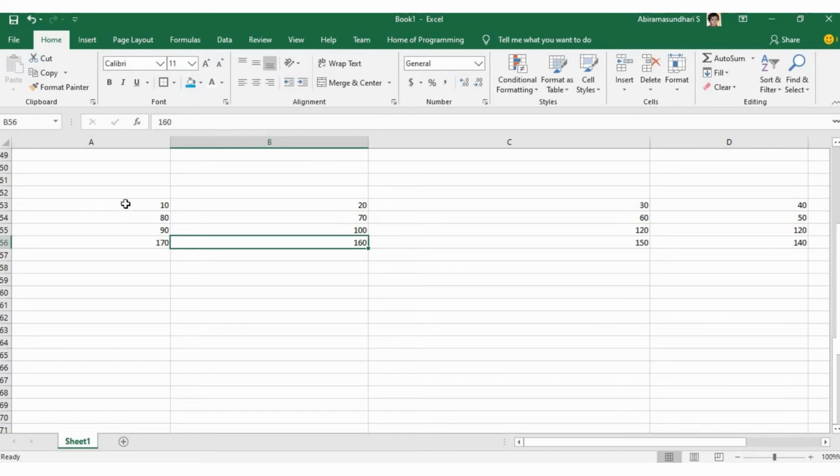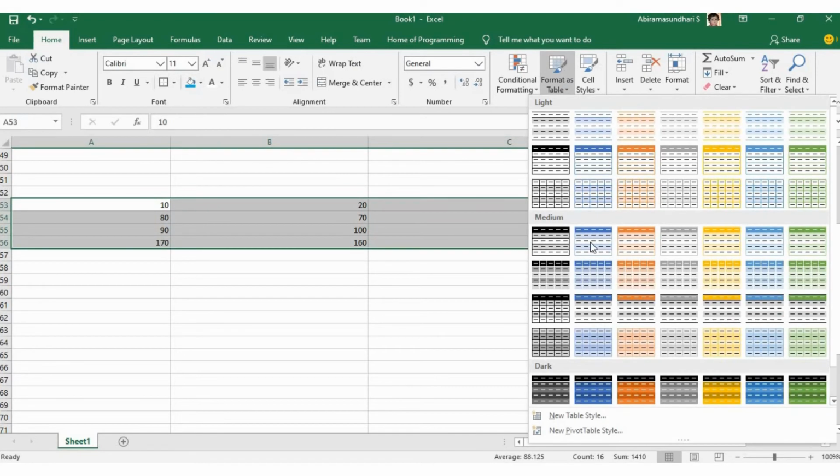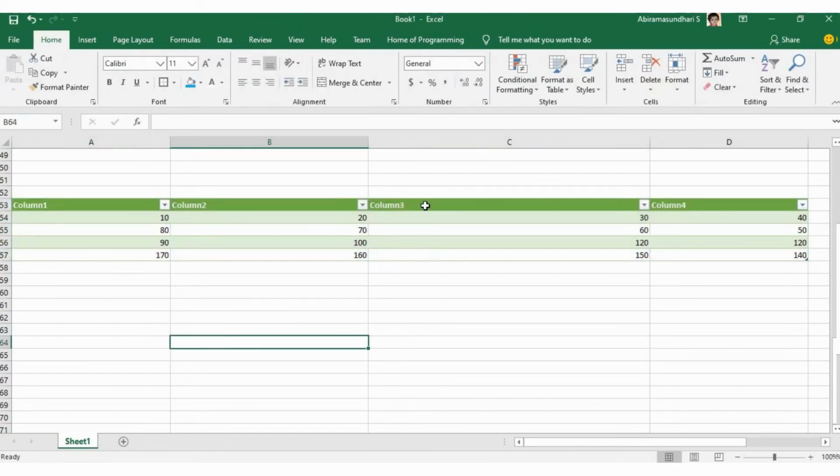Select these cells, click on format as table and select any one design option. It will show you the selected cells. If you click on OK, it will be displayed as a table. So this is a way with which you can make your cells look like a table.